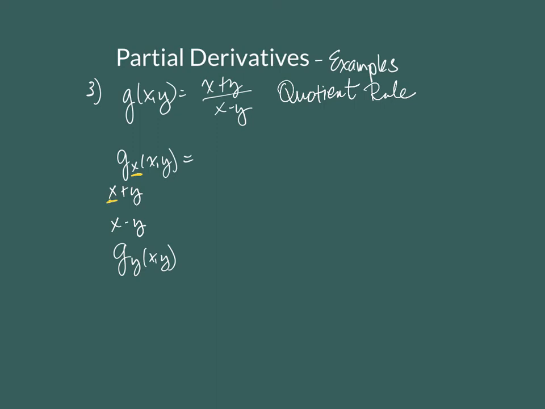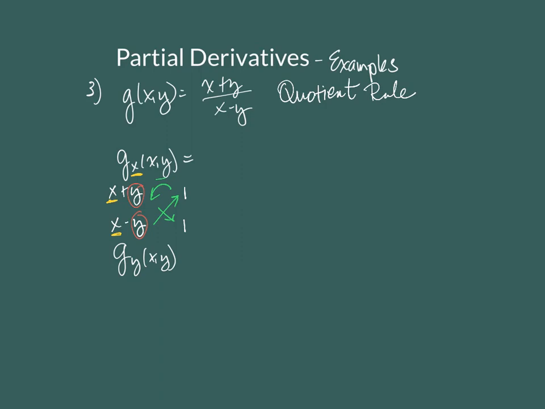And then my variable of interest is x. This is a constant. And I'm going to take the derivative of each right across from it. So the derivative of x plus y is 1 plus 0. The derivative of x minus y is 1 minus 0. And then what I'm going to do is use a neat little trick that will help me with the numerator.